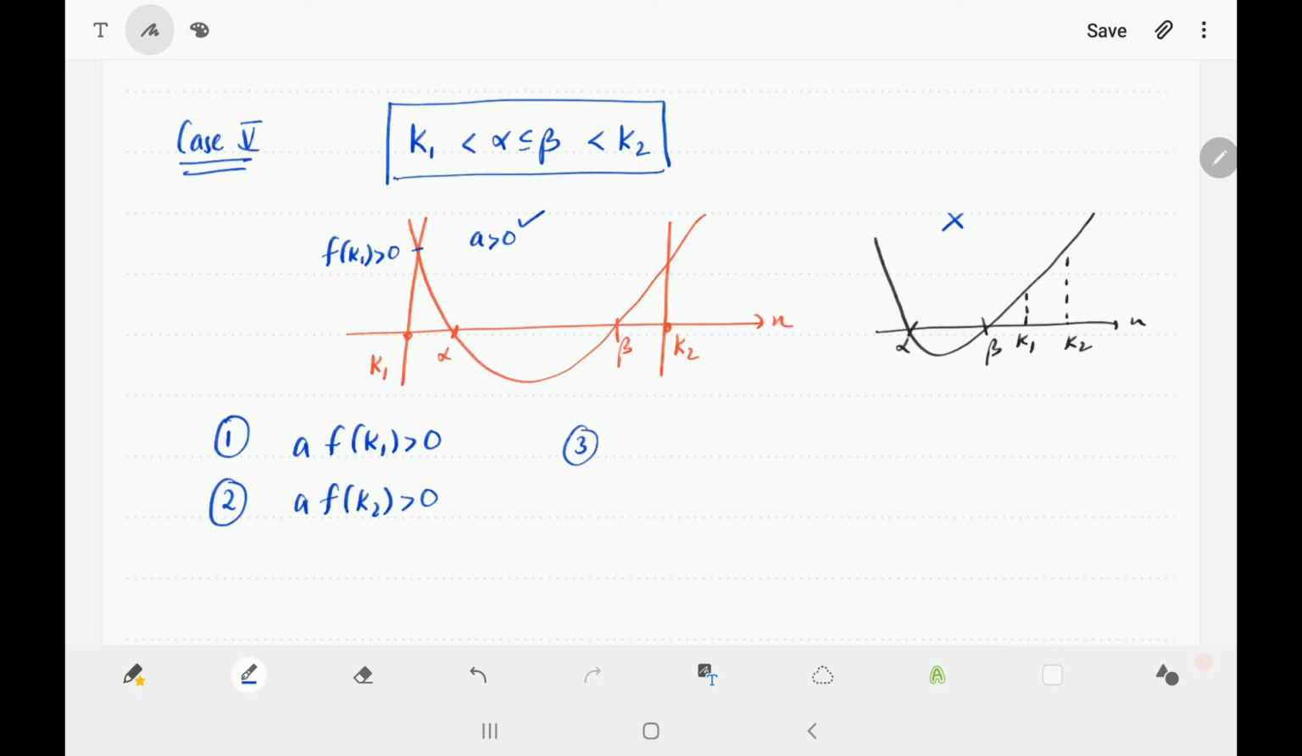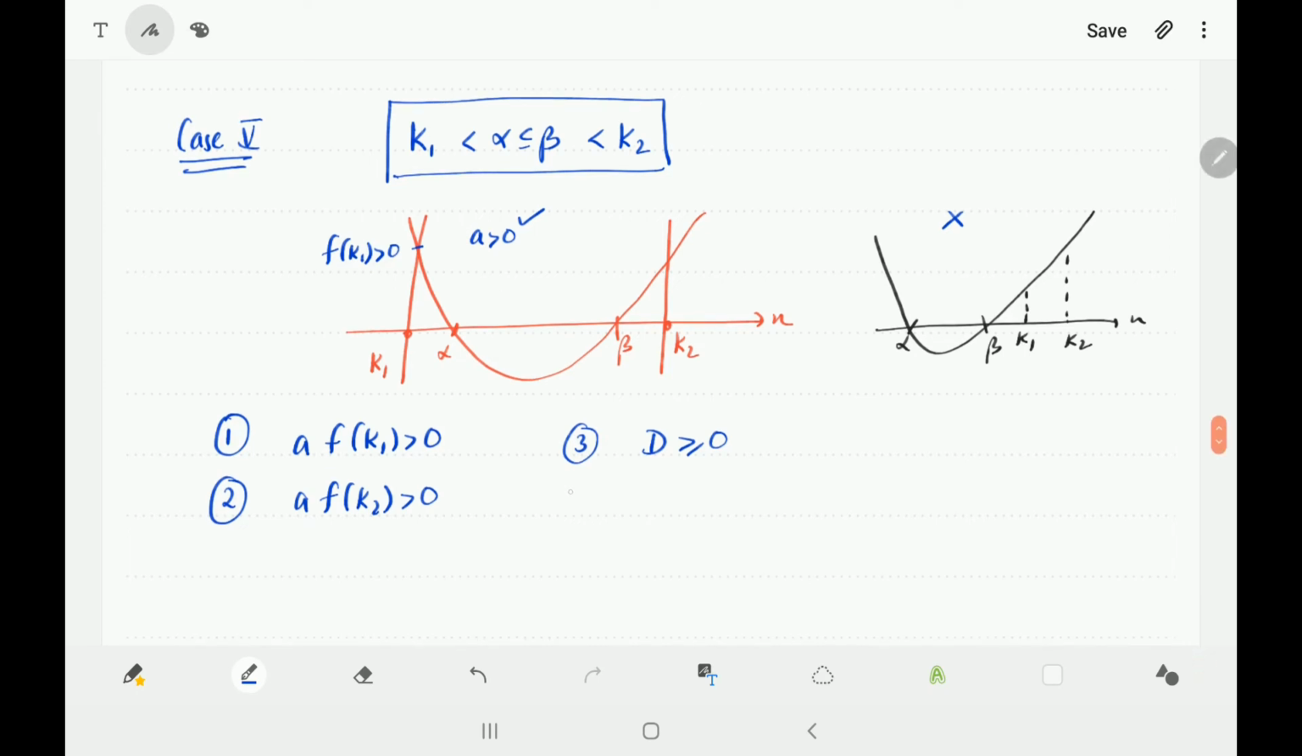You already know that a into f of k greater than 0 does not make sure there are real and distinct roots. We need to see that D is greater than or equal to 0. What will this make sure? That there are distinct roots, or it might be equal. Now the fourth, which is the necessary and sufficient condition for this particular case, is that